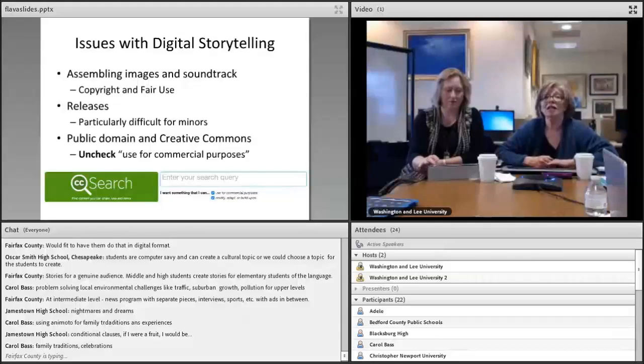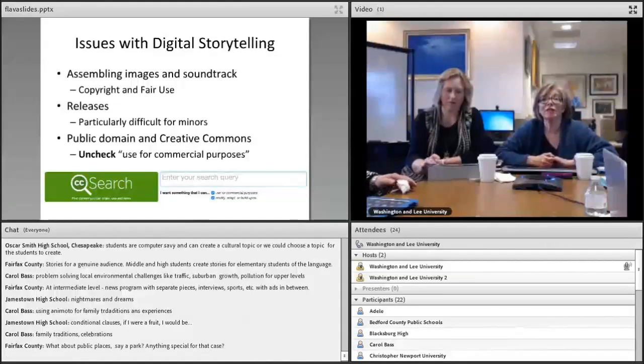If you go to search.creativecommons.org, you will see a screen that starts out with the logo that's on this PowerPoint. What you want to do is uncheck the use for commercial purposes box.